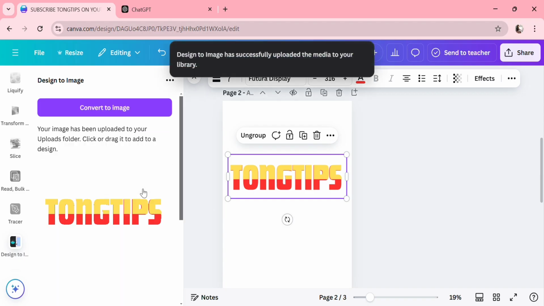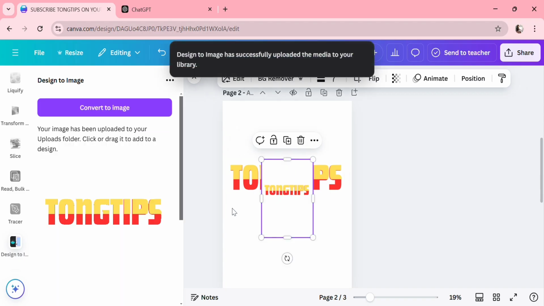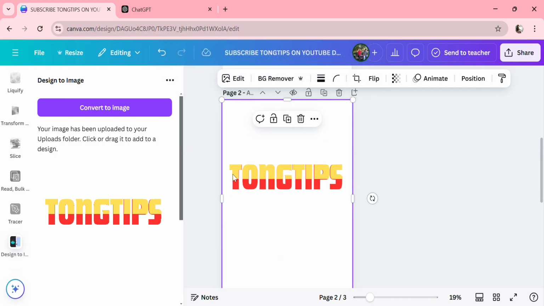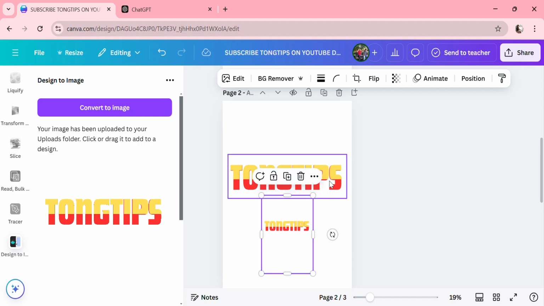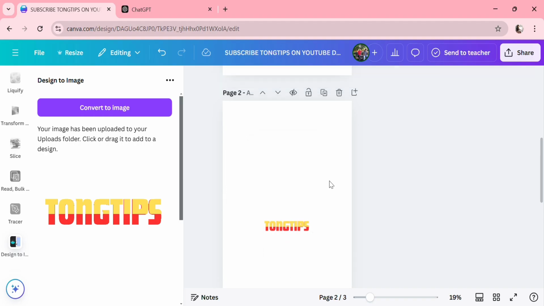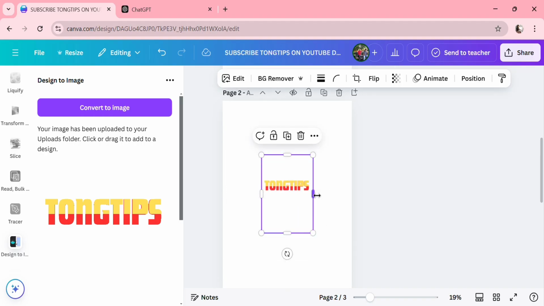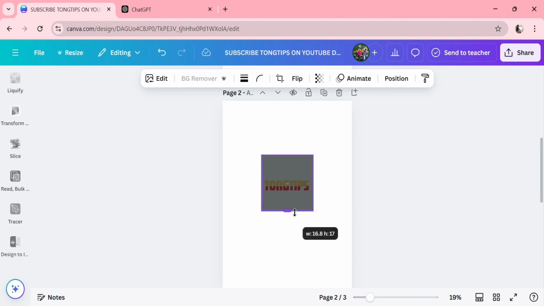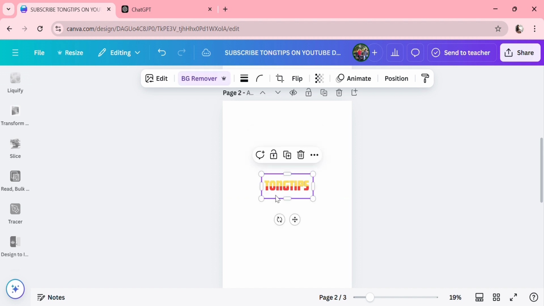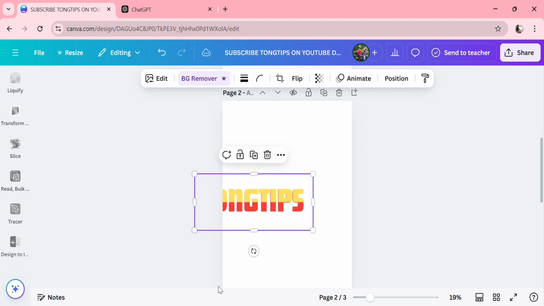Okay, now drag this design just like that. Let me undo it. Okay, just like that. You can delete all of this design. And now this is the result from the previous design that we did before. Click the BG remover to remove the background like this, and increase the size of the frame. And now you just need to increase the size of the text design,